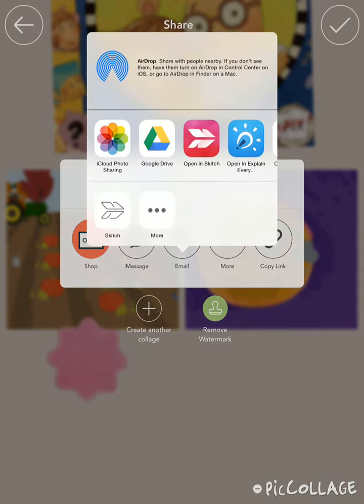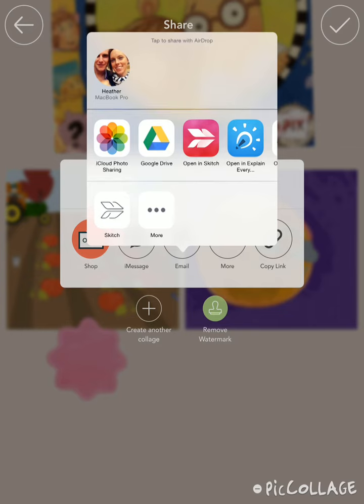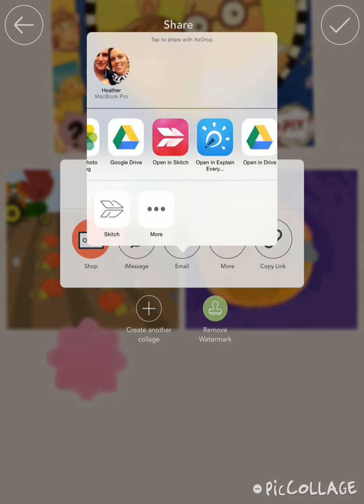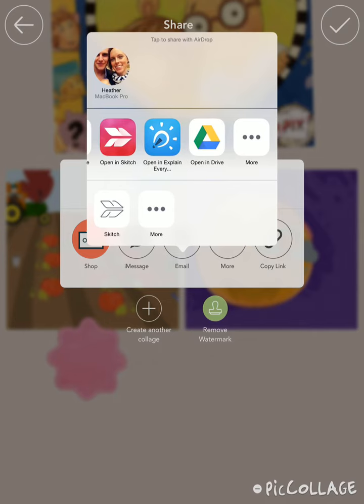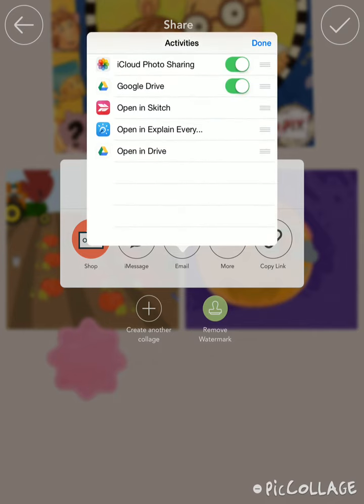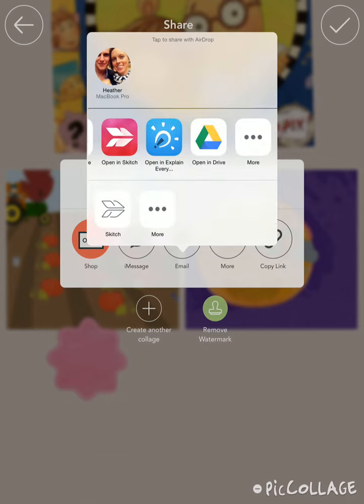You can click more and you're going to see the apps that it works with. So for example, Google Drive, it works with Sketch, it works with Explain Everything, the Drive, of course. You can click more, and sometimes you're going to have more apps listed depending on what's already